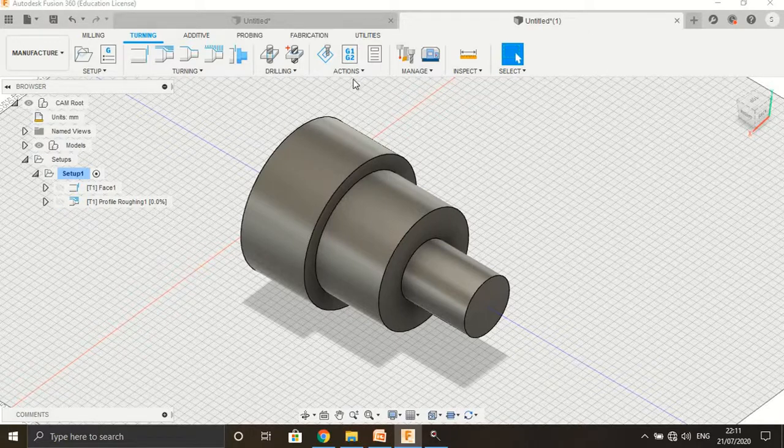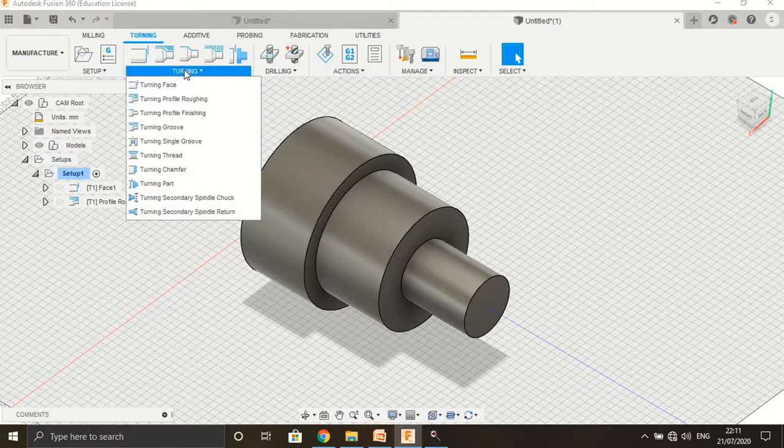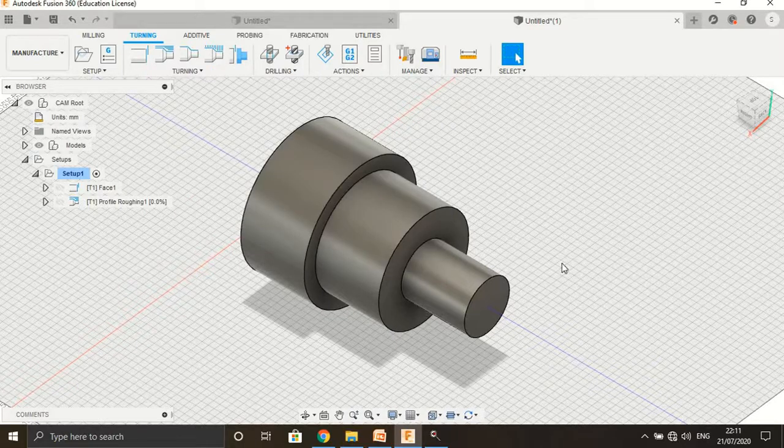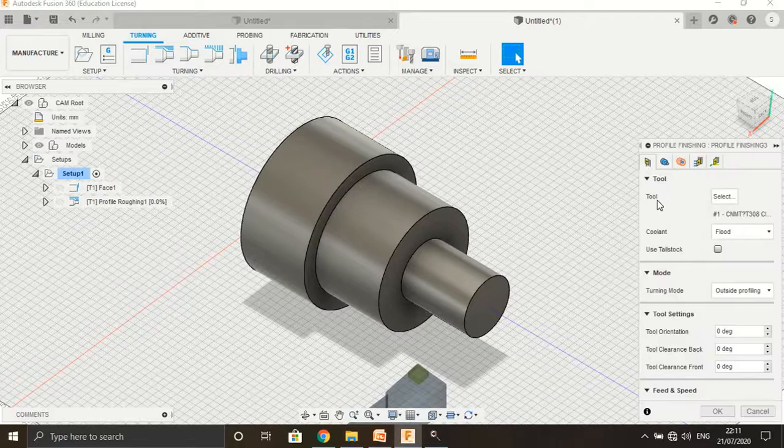So similarly, we can select the same tool for profile finishing also. We are going to select the same tool, already selected, then press OK. CNMT.